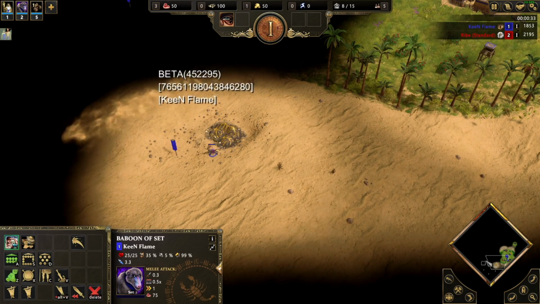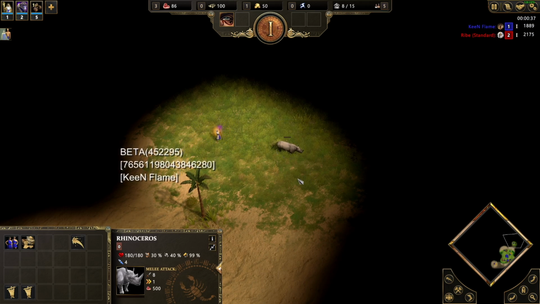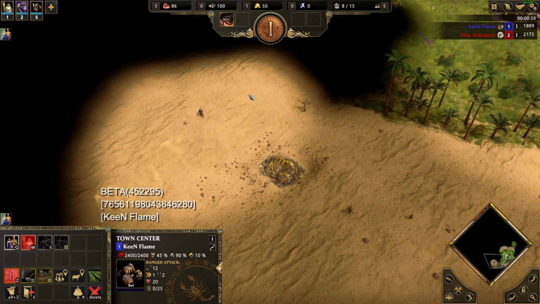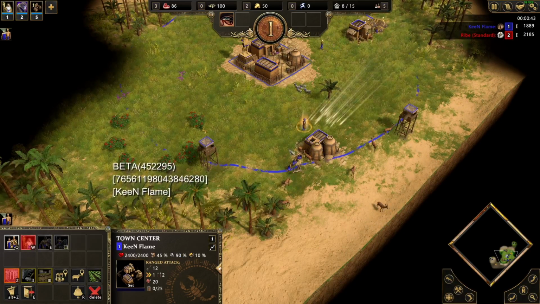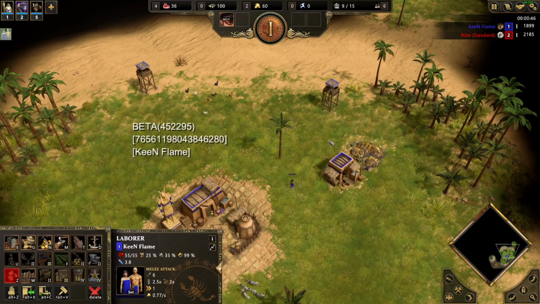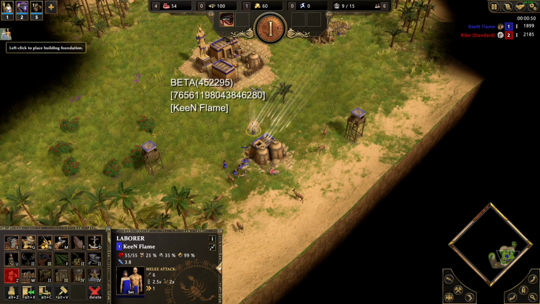So what I do here is I send all villagers to food at the very start except one, and that one villager builds a mining camp on the gold mine. And then very shortly after I send another villager to gold, so I have enough gold to make the temple. And after that,